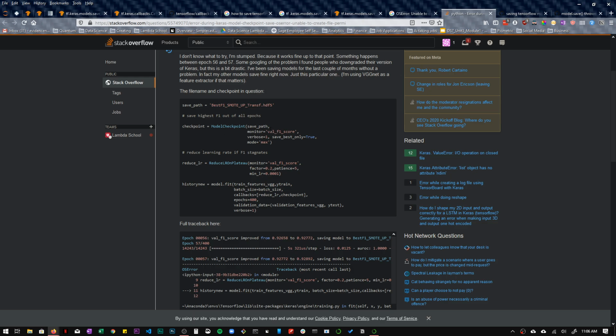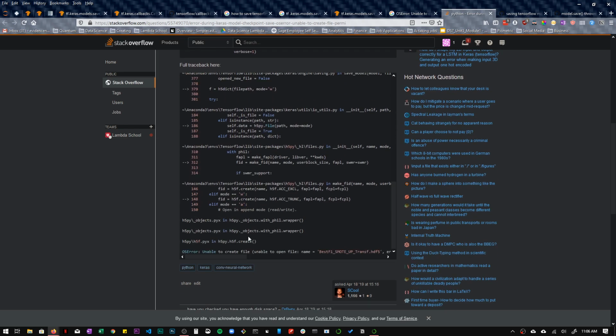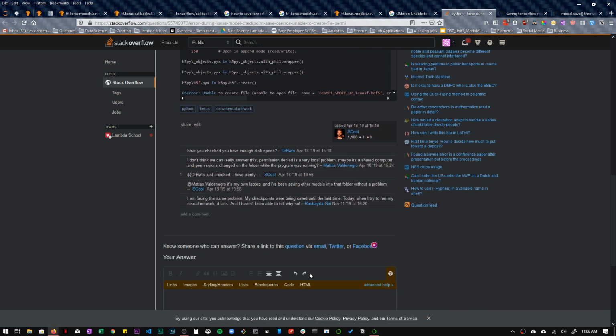Checkpoint, model checkpoint, save path. Okay. Verbose. Okay. Something similar to mine. Reduce learning rate is equal to this, and this. Okay. Yeah. So I'm having the same problem.